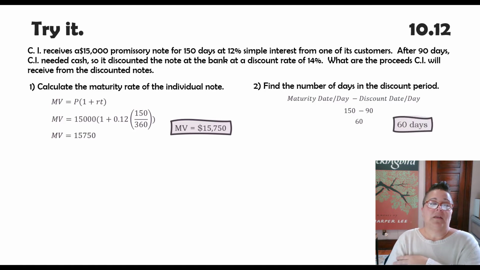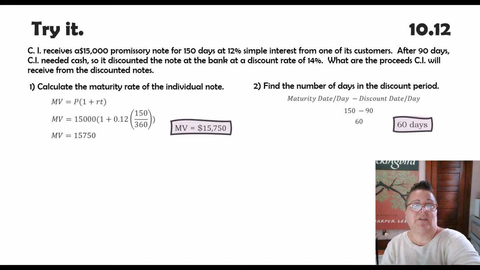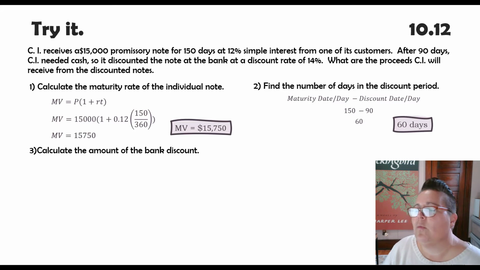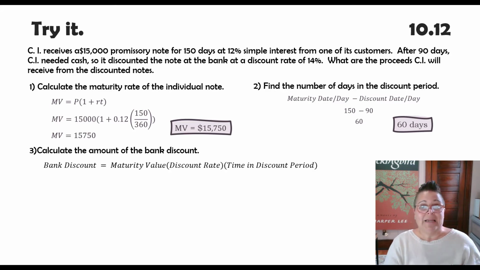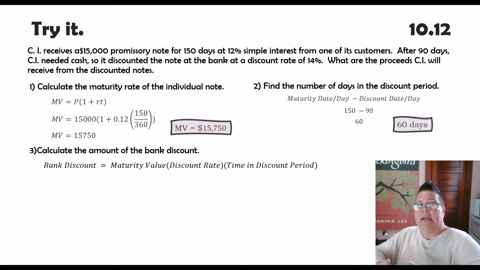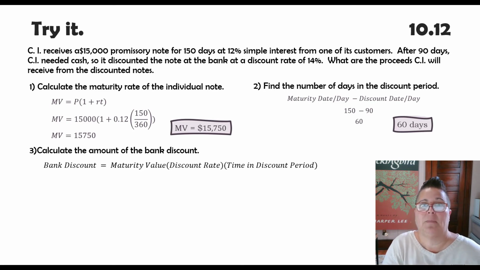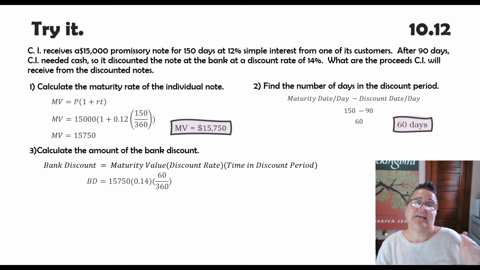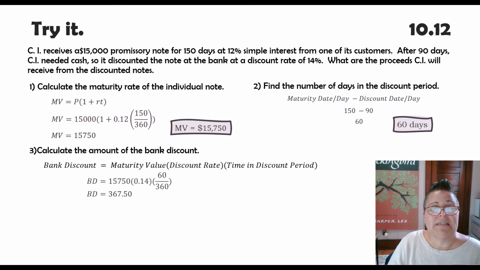Okay. Now we're going to use the maturity value and the number of days left in the discount period to calculate the bank discount. And once we have the bank discount, we can get the proceeds. So our bank discount is the maturity value. That's the $15,750 because CI's going to get paid $15,750. So that's what they can take to the bank. The bank is going to take 14% off the top for their trouble for the remaining 60 days, only the 60 days that are left. So I've got $15,750 times 0.14 times 60 out of 360, which is